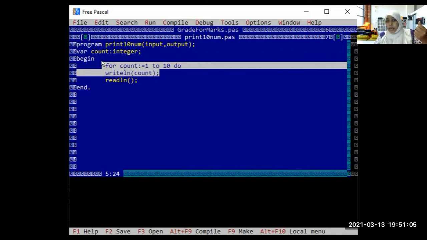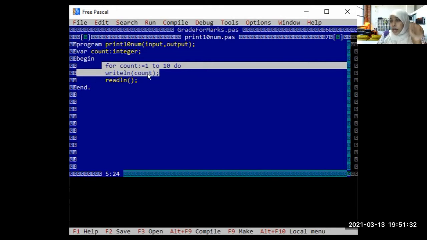Here my program is beginning from here. So I am telling begin. Now begin. For count, to satisfy this, count is equal to 1 to 10 do. 1 to 10 do means repeatedly do that. Do from 1 to 10 until the count is satisfied.